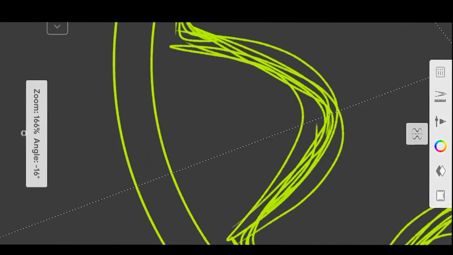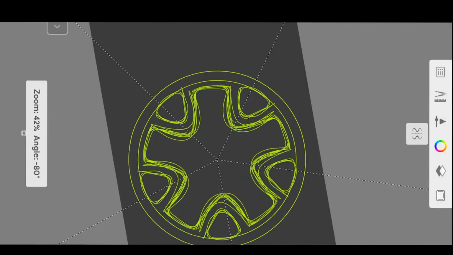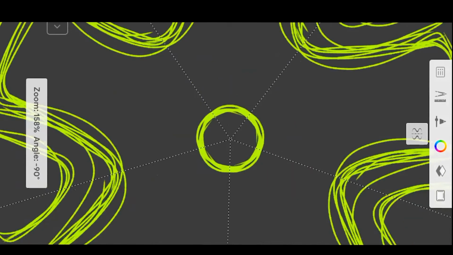So here is the basic design. Now this will be the hubcap, and this will be the number of spokes. Okay, so the basic template is ready now.